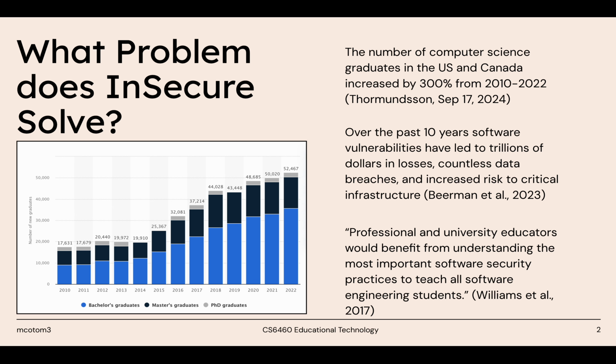Lastly, while most organizations will have a cybersecurity department that is charged with identifying, patching, and reducing risks posed by software vulnerabilities, Williams states that it would be better if we made secure coding part of the curriculum for all engineering students. That is to say, teach cybersecurity and secure coding early in the software developer's career.